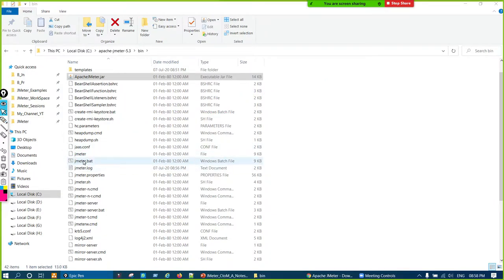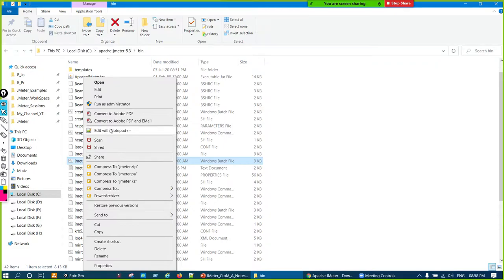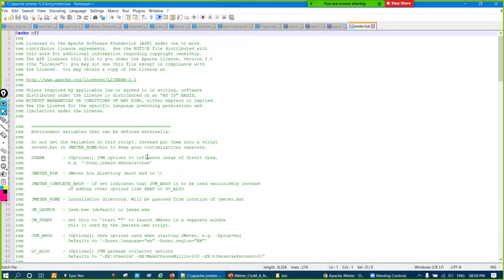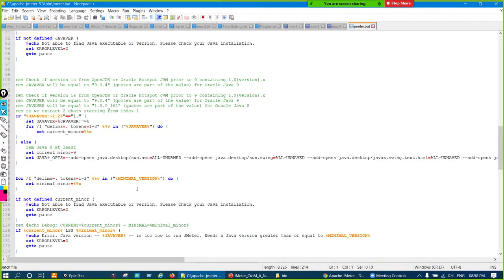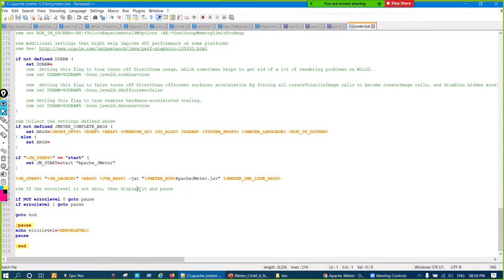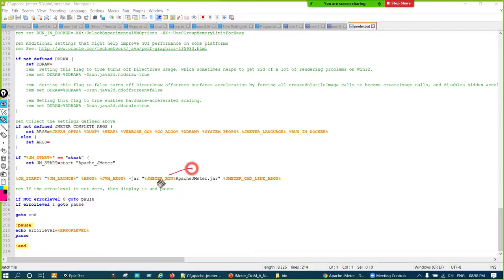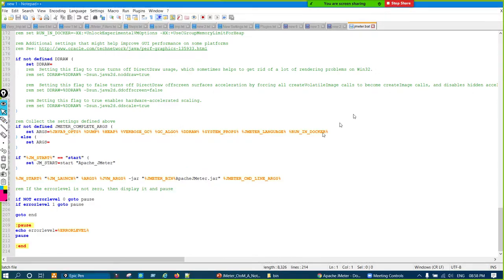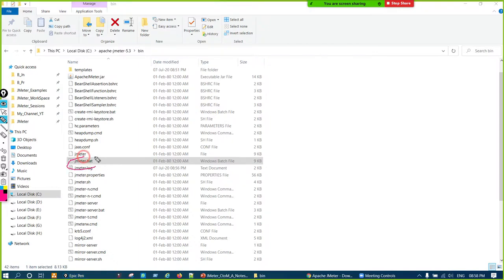Right click on this .bat and edit it in Notepad, and you'll see over here in one line below, jmeter.jar. It has to call that jar file. So you'll ask me, if it is indirectly calling that, why have they given this, or why do we have to launch from jmeter.bat?